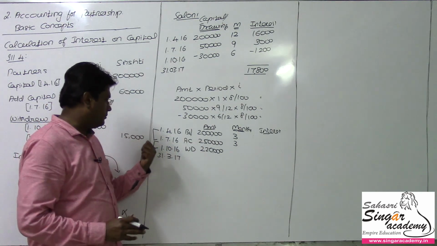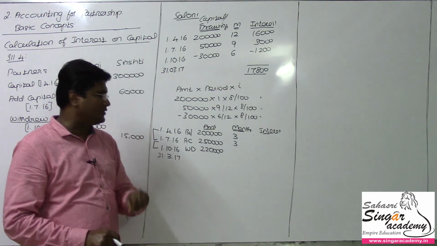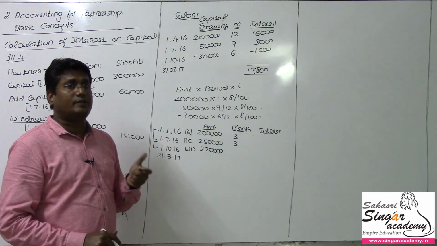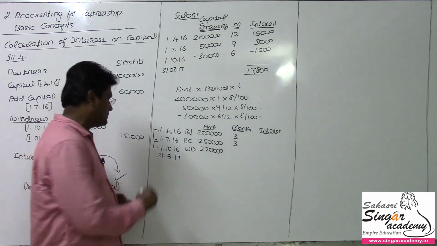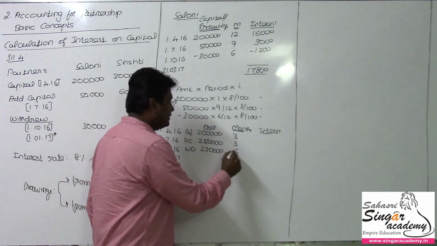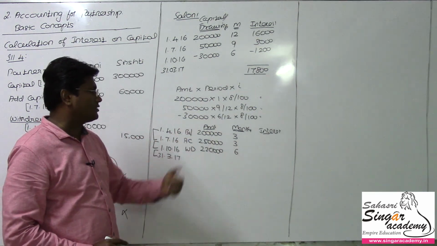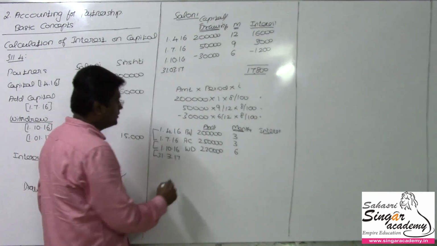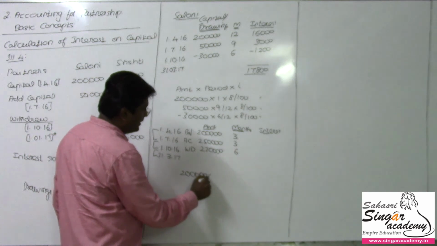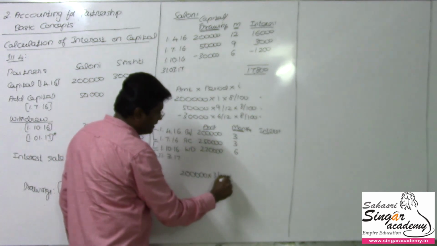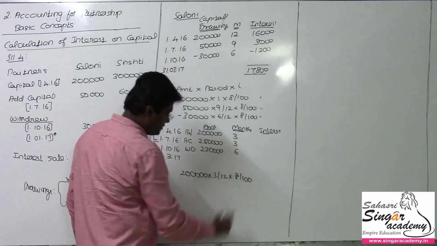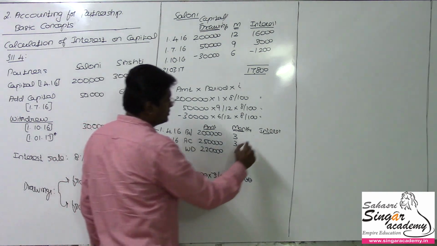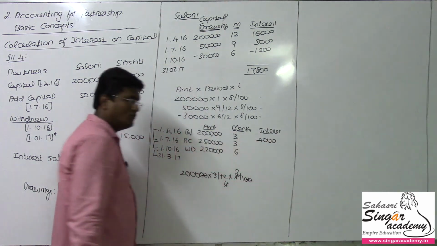Thereafter there is a withdrawal on 1st October, thereafter the balance decreases because of the withdrawal by 30,000 rupees, it decreases to 2,20,000 rupees. So the 2,20,000 rupees worth of capital is available there for how many months? From here to here, 6 months. Now for the 2 lakhs at the rate of 8%, you have to calculate interest for the 3 months, the same way how we have calculated here. So 2 lakhs multiplied by the period 3/12, multiplied by percentage, 8%, right? So 4,000 will be the interest for the first block, for the first 3 months.